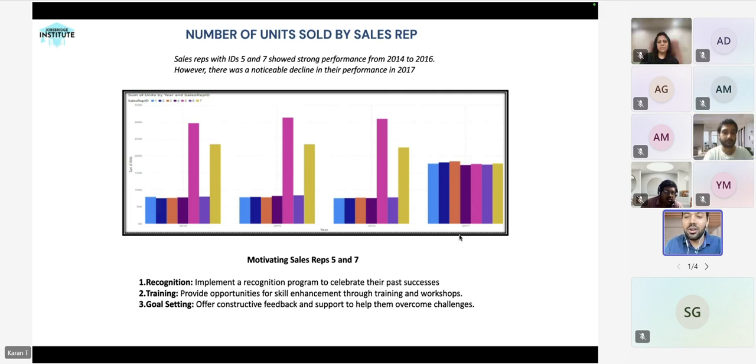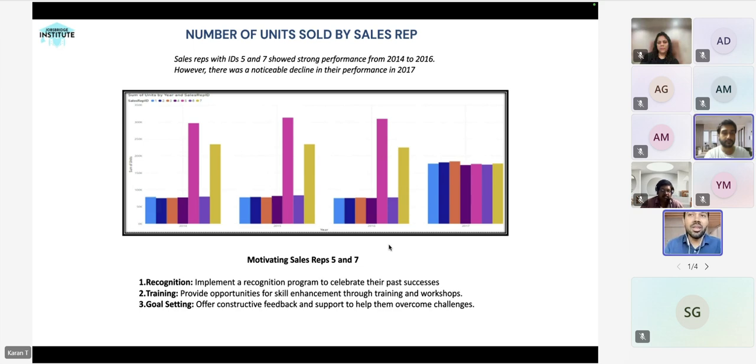And suddenly we saw a dip in their performance in 2017. Other sales reps kind of enhanced their performance, but for 5 and 7, it was a decrease. We wanted to highlight this point and take corrective measures, like, are they not motivated enough? We don't have the data, but we are just trying to figure out scenarios. Are they not motivated enough, or is there